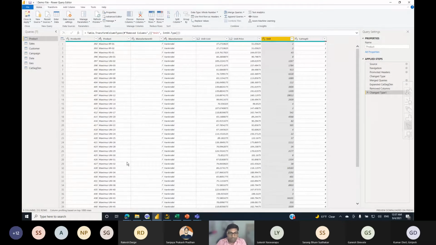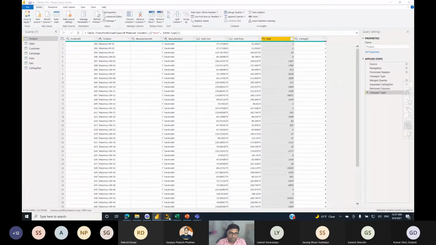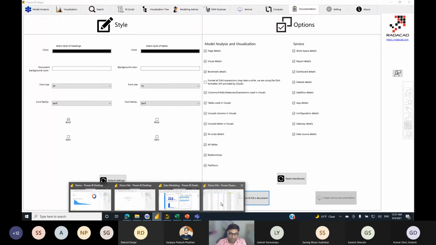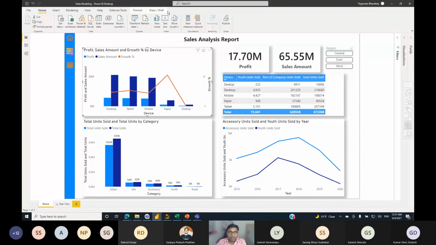Next thing is, now this is the tool I actually like very much. Power BI Helper. If you go and do a Google search, you will simply find this tool, Power BI Helper, and once you install it, it's installed for you as an external tool, and you can see Power BI Helper. And Tableau Editor is another tool.